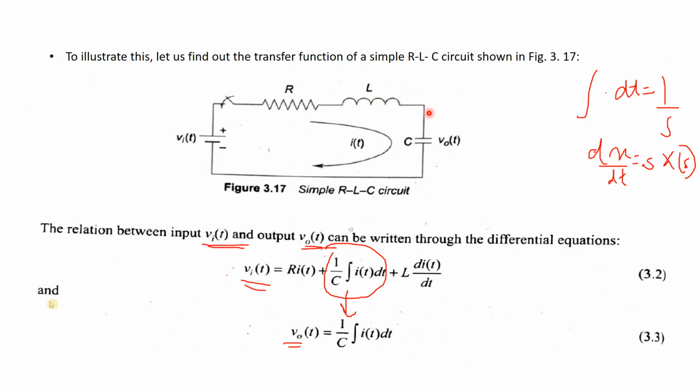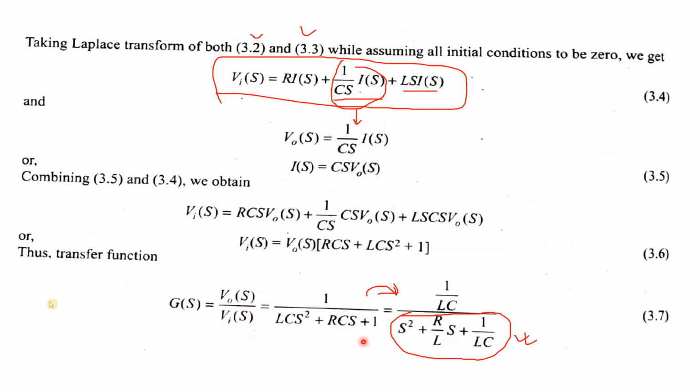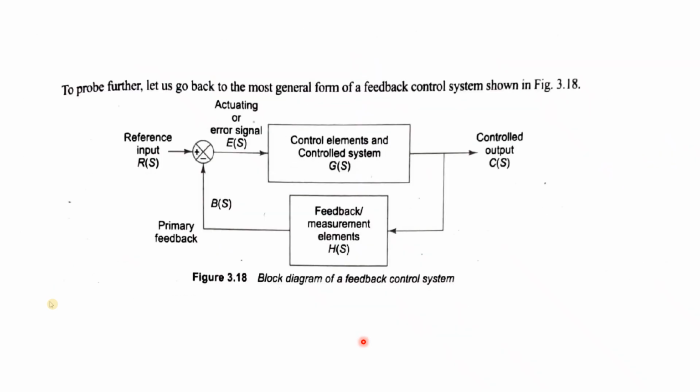Now, if the output was the voltage across the inductor or the voltage across the resistor, then also you could have determined it in a similar way. The result will be different. In that case, V0t will be equal to, suppose, I into R, so it will be ITR or RIT. Then you will proceed accordingly.